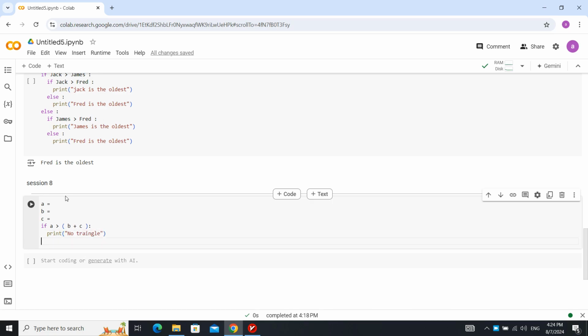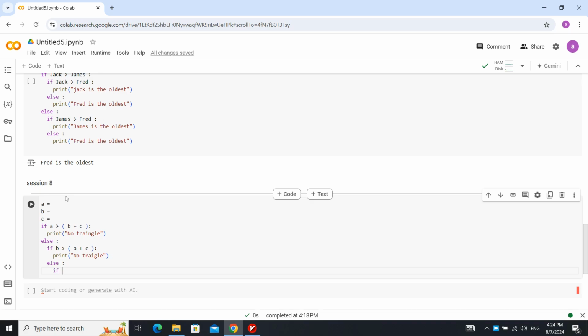In else, we write another if: b is bigger than a plus c, print no triangle. The theorem stands for all of the sides, and we must check it for all of the sides. Now we write another else,